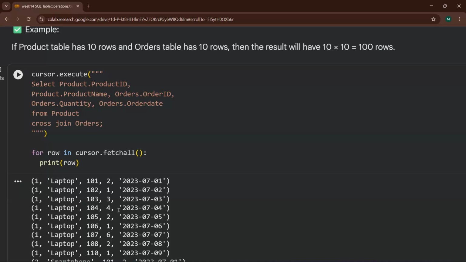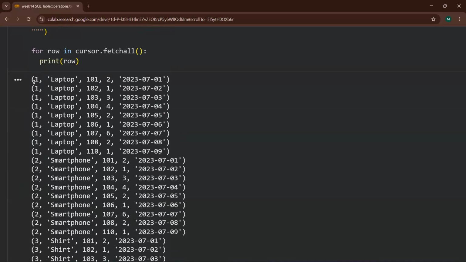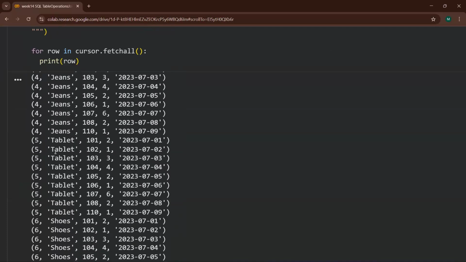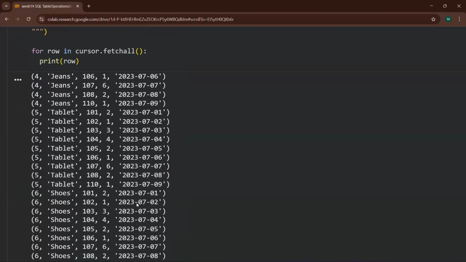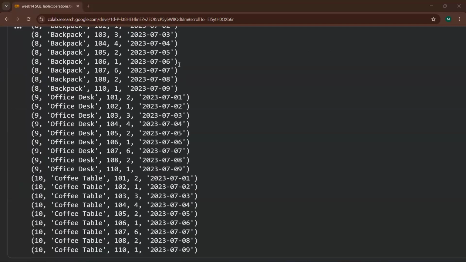Ma'am, can you please show the cross join results? Here is the result. See, with 1, each and everything, with 2, with 3, with 4, with 5, with 6, then with 7, then 8. See, each and everything is there. Yes, ma'am.